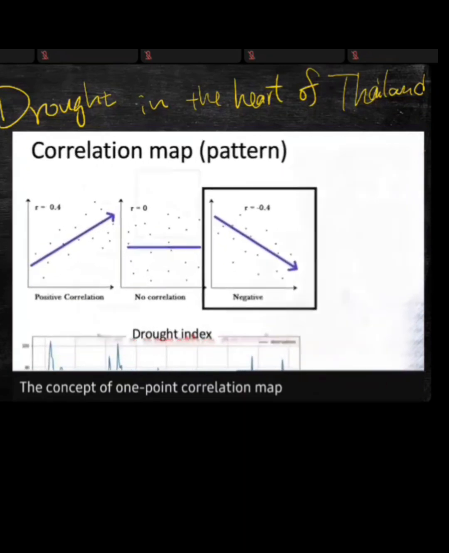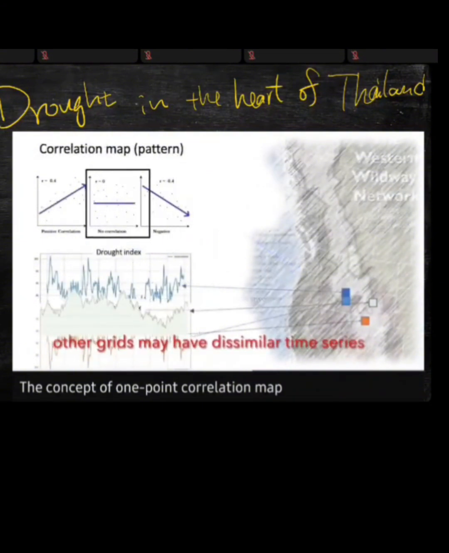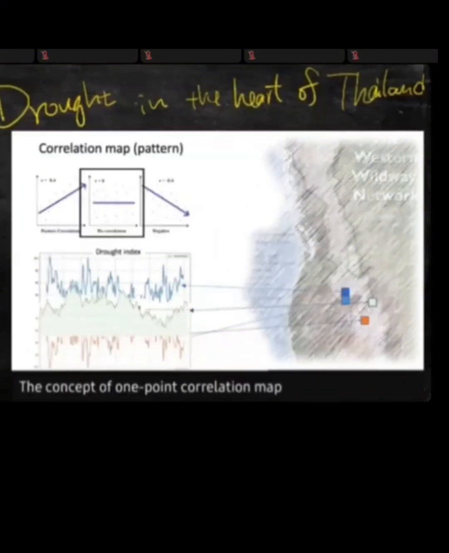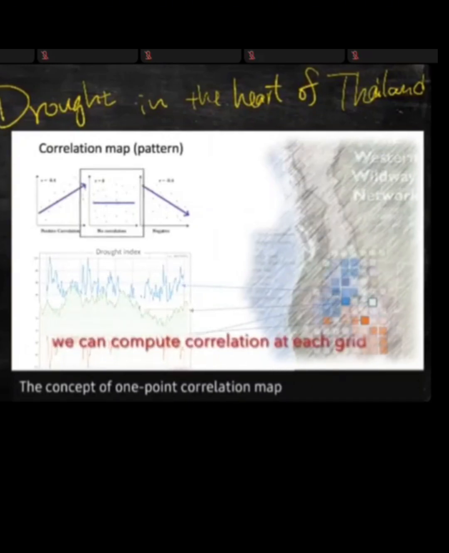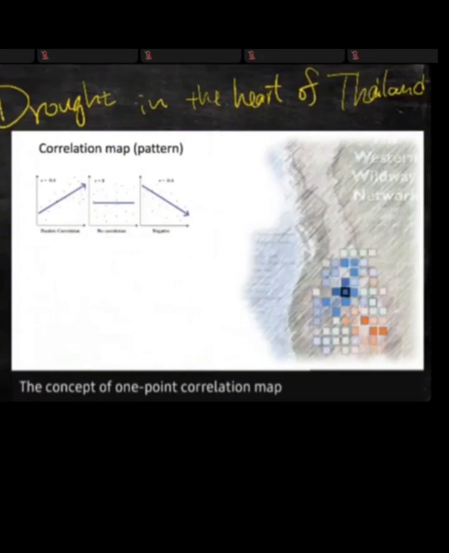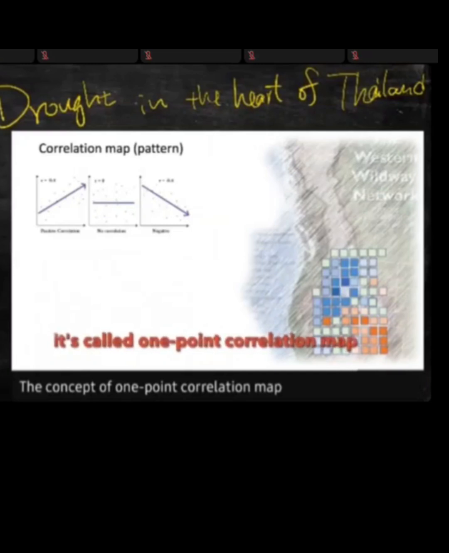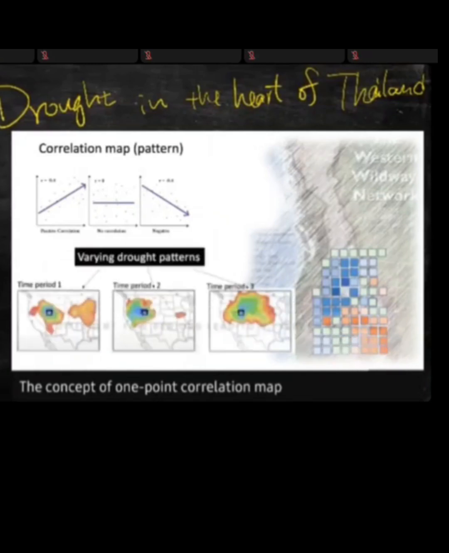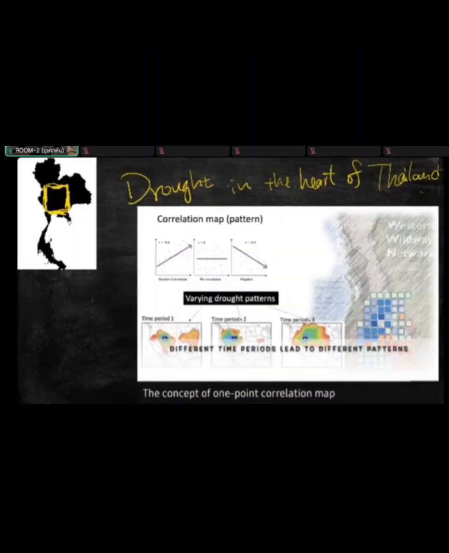And you pick up the whole region, then you can apply this analysis to the whole region. You pick up something very positively correlated, negatively correlated, or that has no correlation at all. Then you apply it to the entire grid box, and that gives us some sort of a spatial pattern. Now, this pattern is very important because it helps us understand how localized or how regional our drought pattern is. That way we can understand that if there's a drought in Thailand, would that be a Thai thing, or would that be a Southeast Asian thing? Or would that be a global scale pattern?